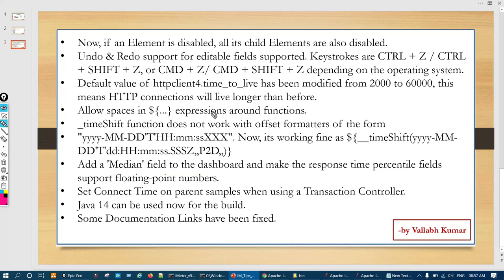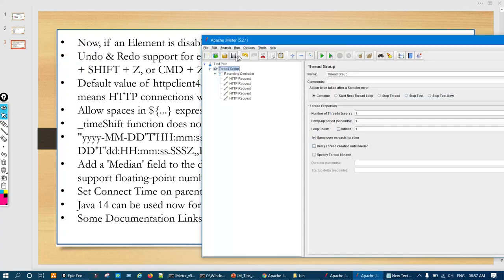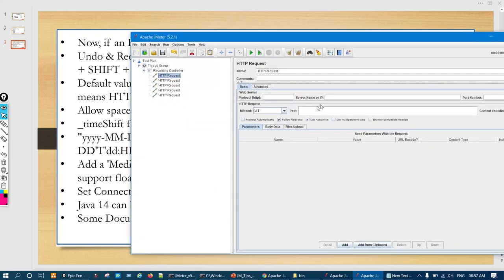Now coming to the undo redo support for editable fields. This is another very good, important feature they have brought in. It means that, let us say in 5.2.1 I will write something here, or in path, let us say I'll write anything, I'll write www.google.com, correct?